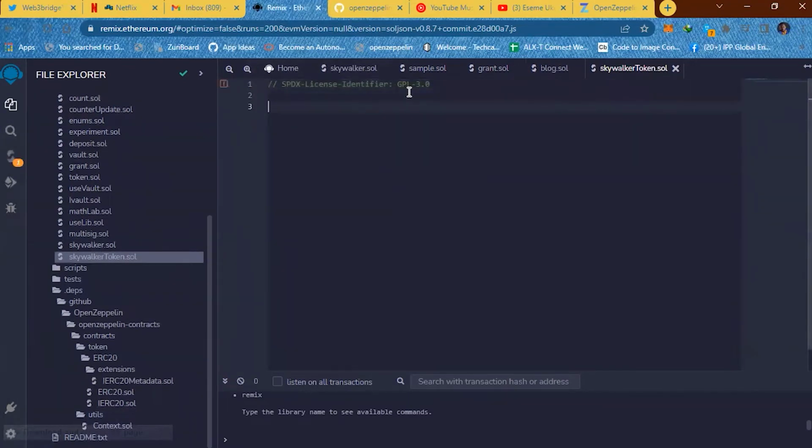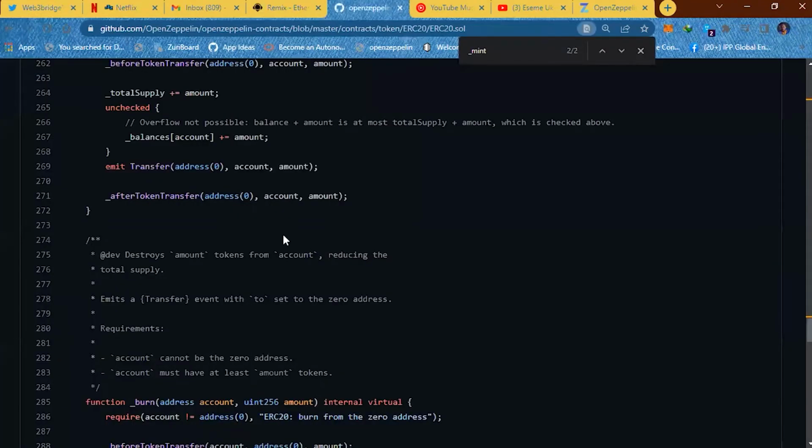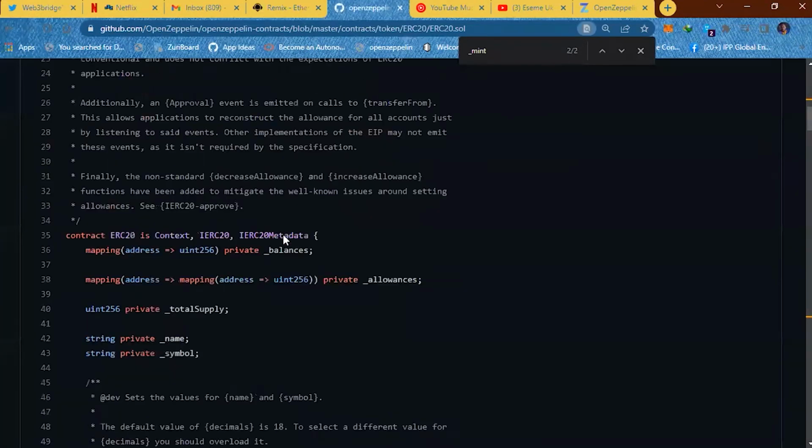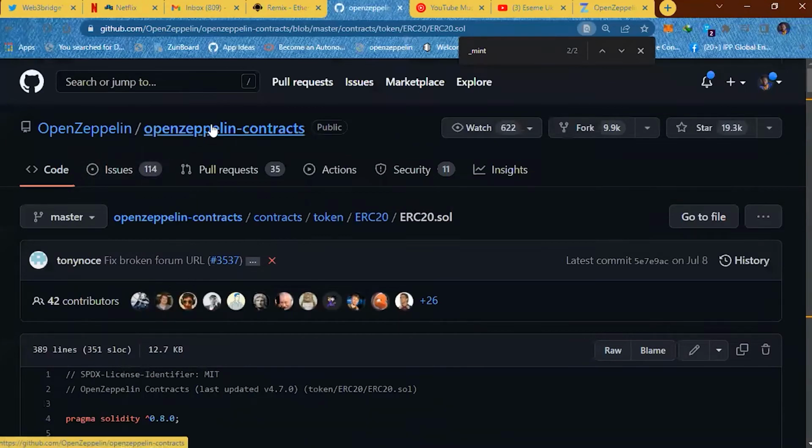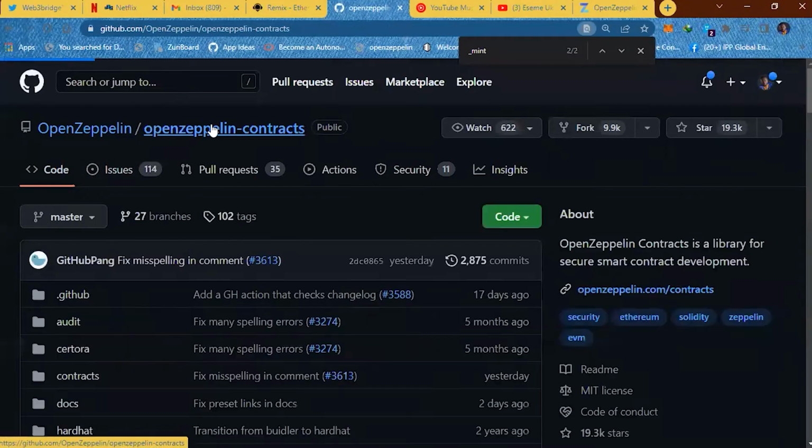Now the next thing is to call our Solidity version. So we say pragma solidity, let's say from version 0.8.4. And then OpenZeppelin basically has a GitHub repo that has most of their implementations for various kinds